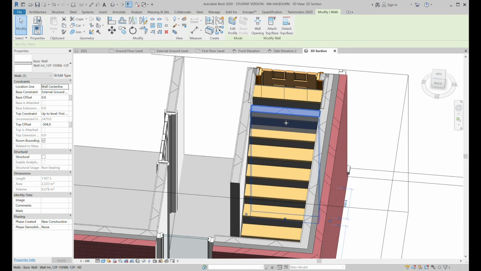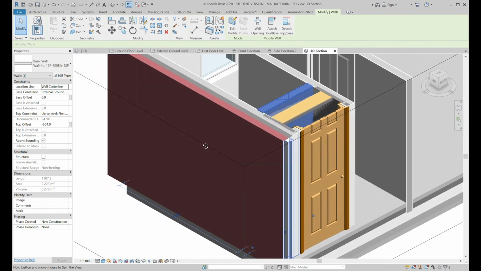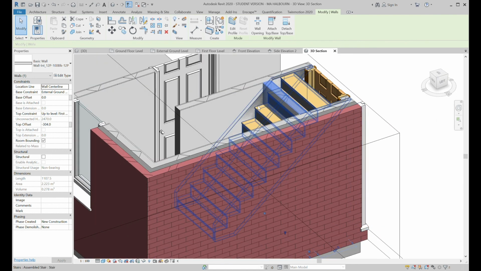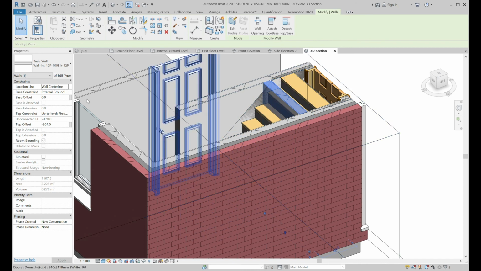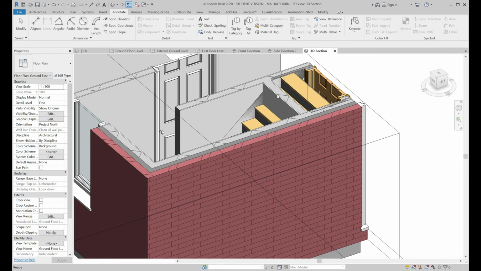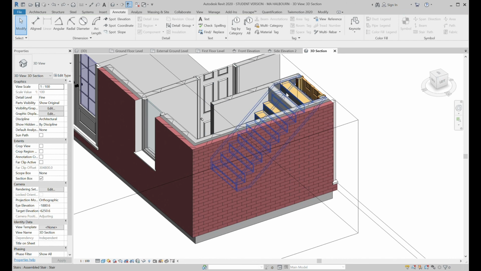So it's probably, so we've got the top of that step. So it's going to be 200, 400. So if we do the top constraint at minus 400, see where that takes us. Okay, it's not moved anything, has it? Have a look. Let me just go back there. I'll do it manually. Perhaps